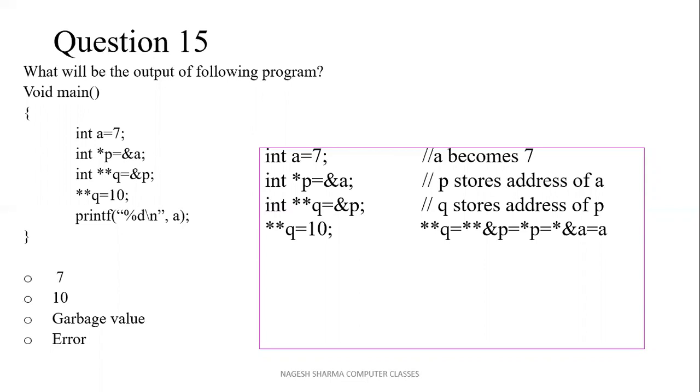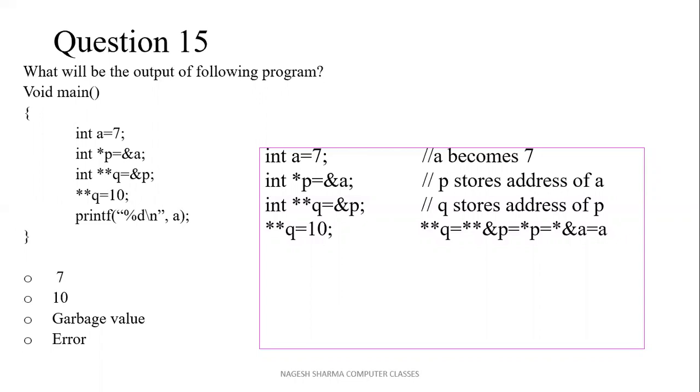So now p can be replaced by address of a, because it stores the address of a. So asterisk and ampersand, they will nullify each other. So you will get a only. It means *q is equivalent to a. Both are referring to same memory location. So if you make any changes in *q, that value will be updated in a also, because they are referring to same memory location.